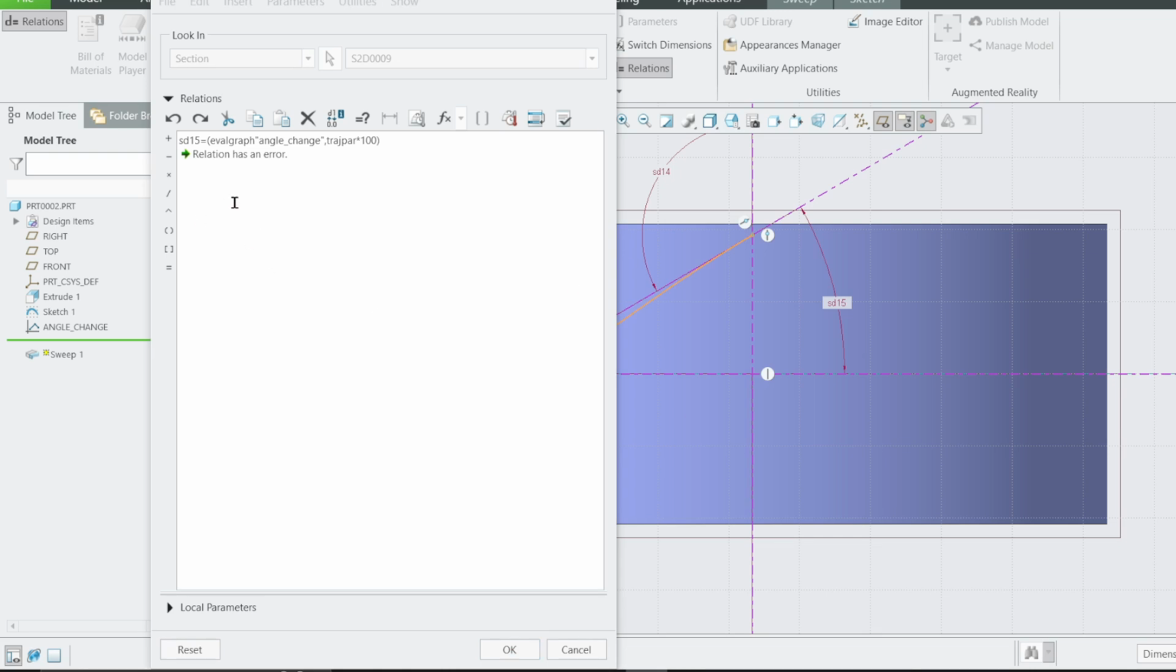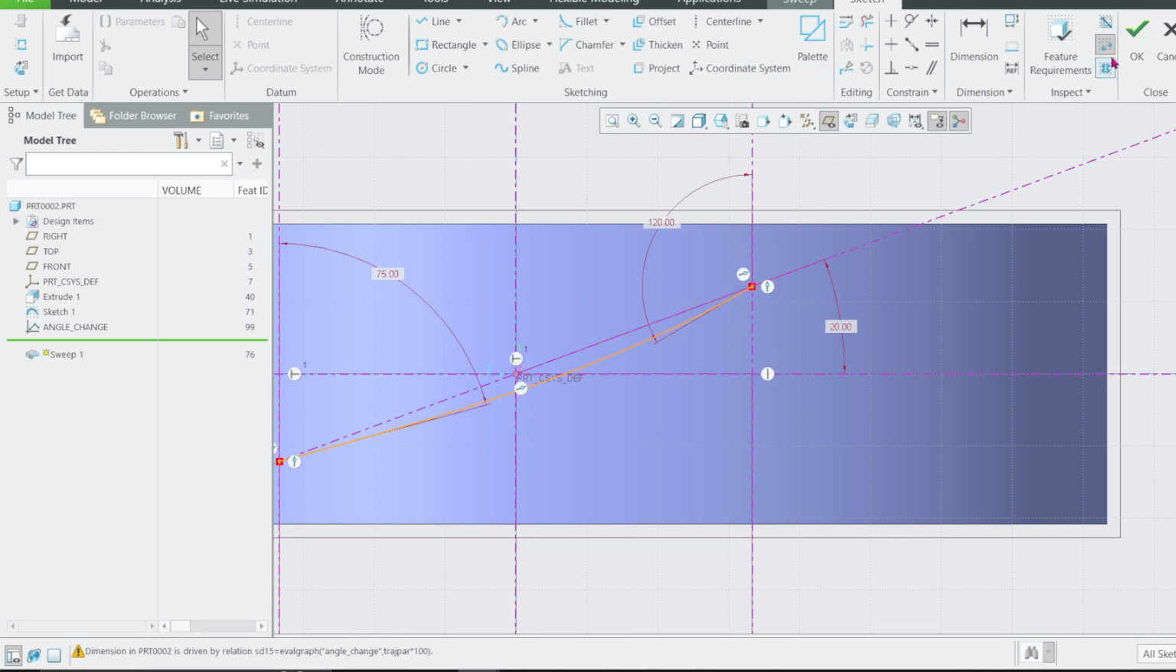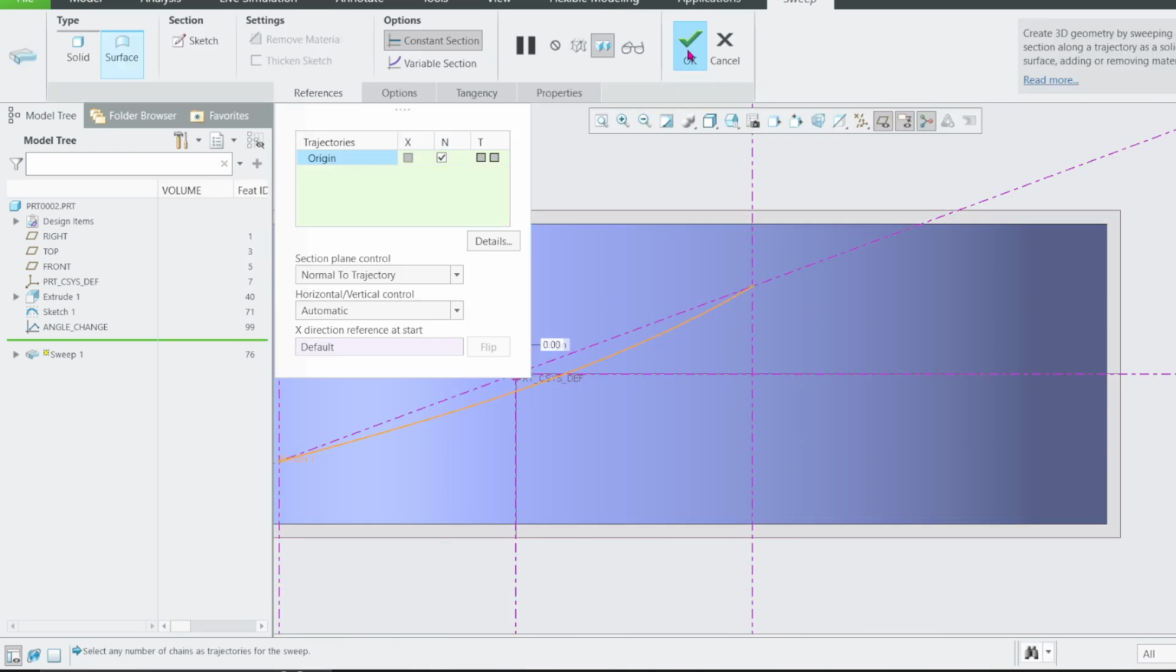okay, I see. Apologies, I see my mistake. It is here. You say SD15 equals evaluate graph. Which graph? Page. Yeah, it should be like that. Evaluate graph. Which graph? You put a bracket here. Page. Yeah. Now, you see, it is now 20. If you go back here, you see, okay,